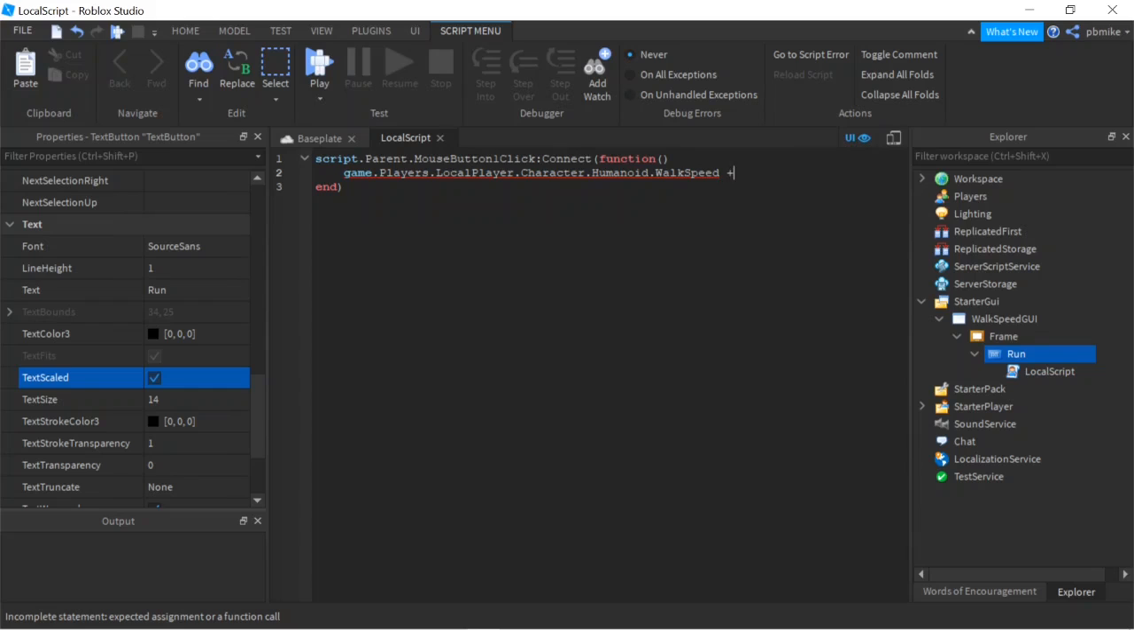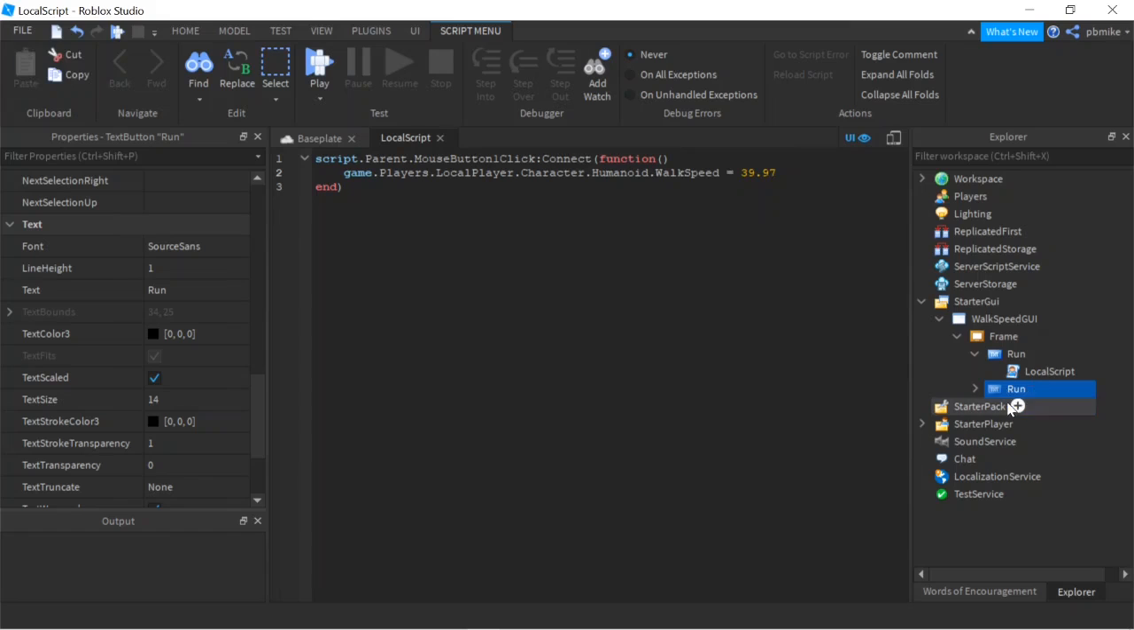and the walk speed will be equal to, let's see, a good running walk speed. Let's try maybe 39.97. That one's good. So now we can duplicate the run button by doing Control D, and we can name this one